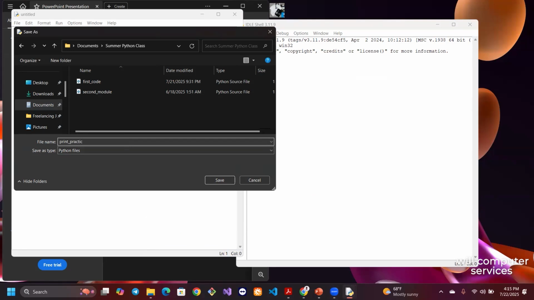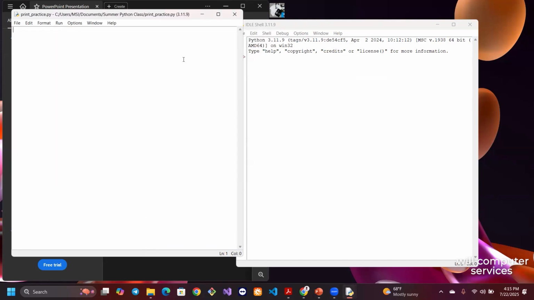Remember I said when you're naming your file, make sure it doesn't contain a space. Instead of a space, you can put an underscore like I did. So print_practice.py, I have that. And the first question says,